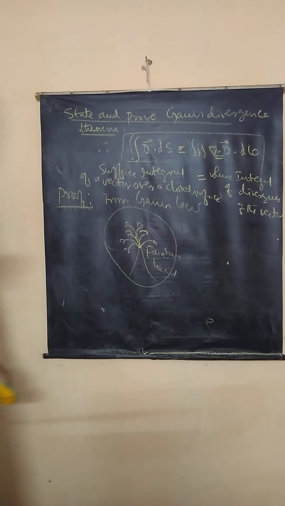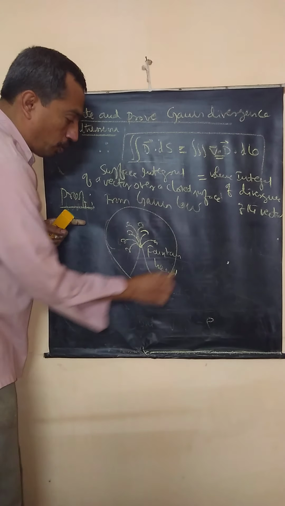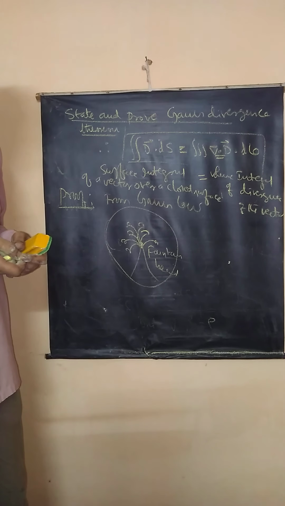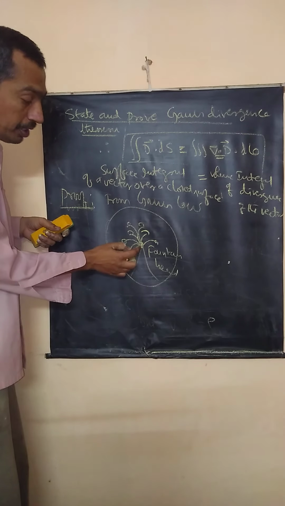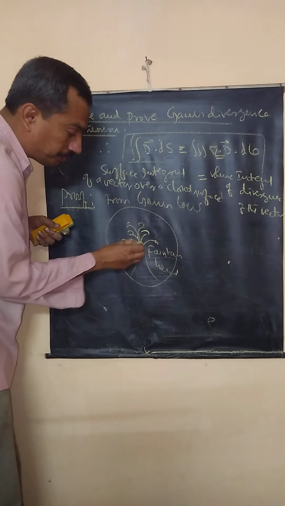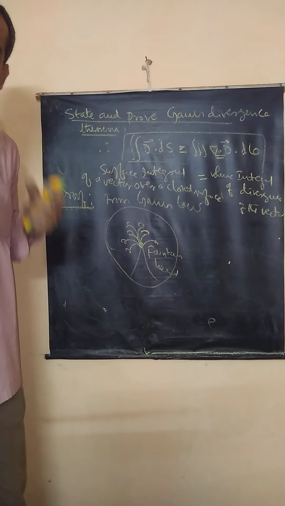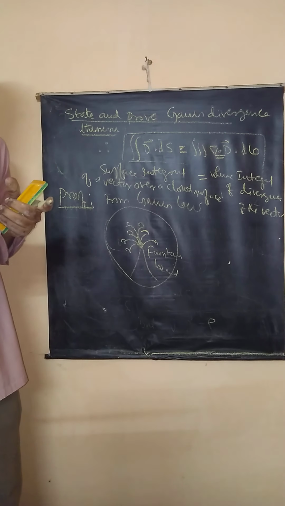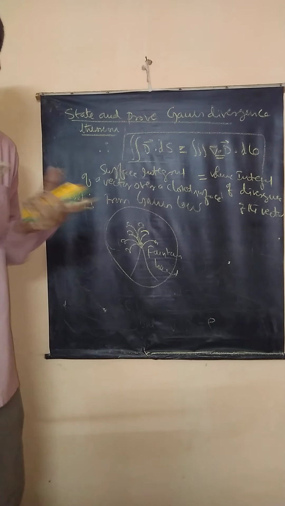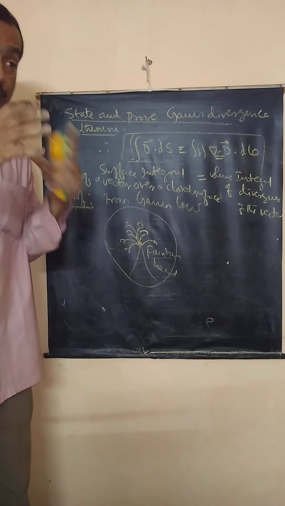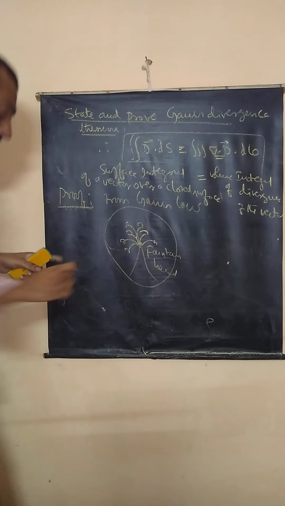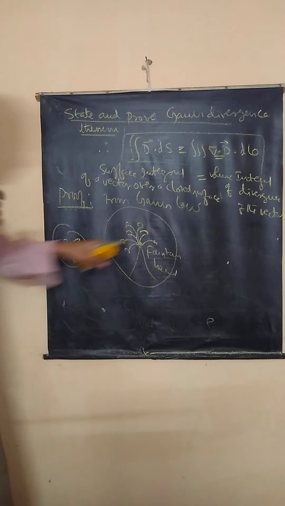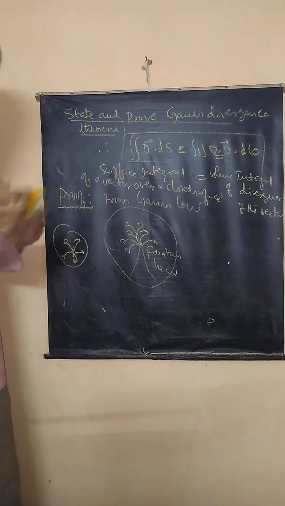Please see, this is a closed surface enclosing the fountain head. Now the amount of water released from this small volume, the amount of water coming out from the tip of the fountain, that is the source of divergence. Water is coming out in all directions. It is like a point charge from which flux lines emerge. If there is a positive charge, flux lines emerge from it, right? This is the source of the fountain from which water is emerging in all directions.